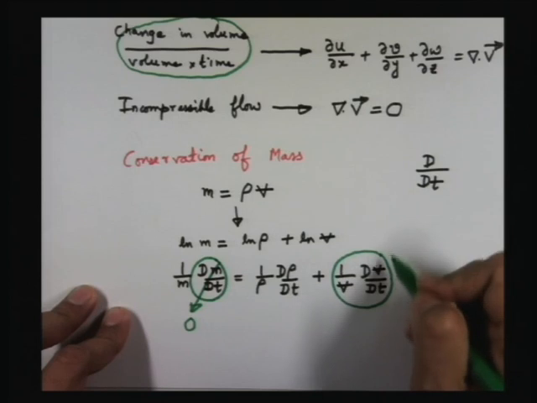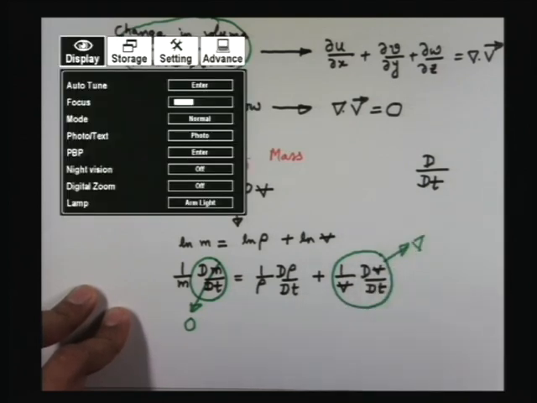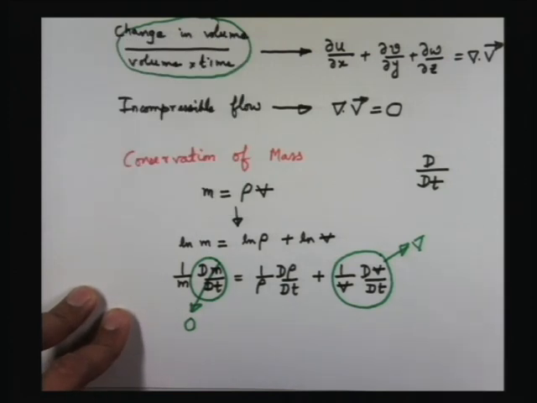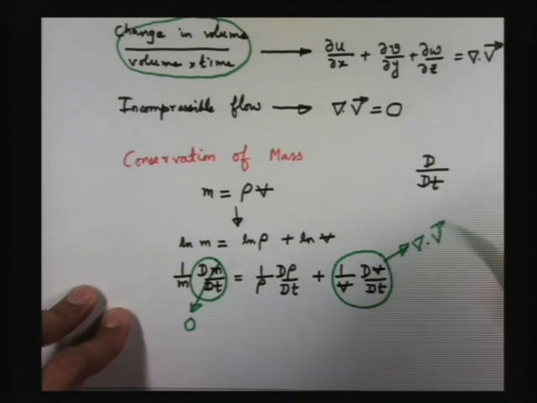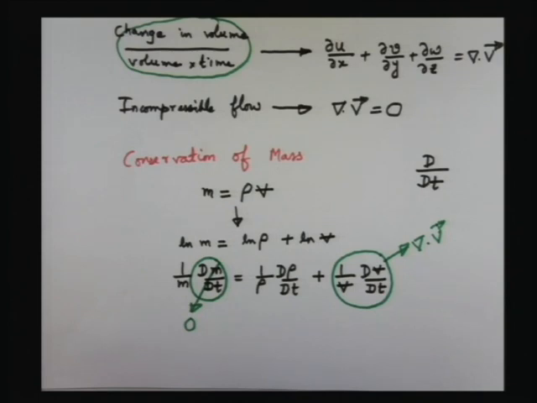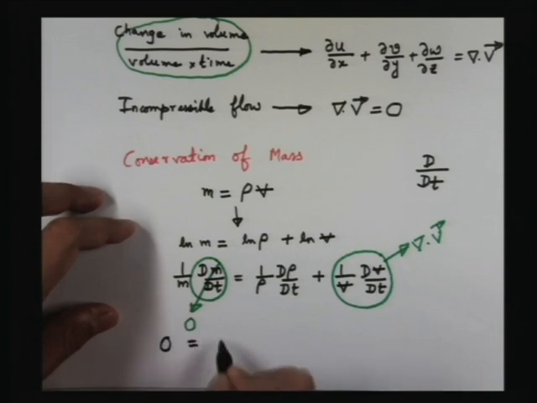So this is nothing but the divergence of the velocity vector. We can simplify or open this equation up so that we multiply both the terms on the right hand side by rho, so that we get 0 is equal to